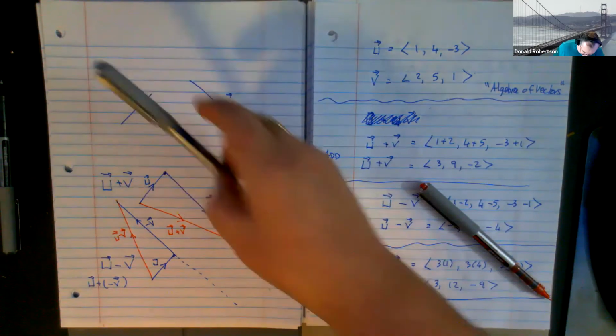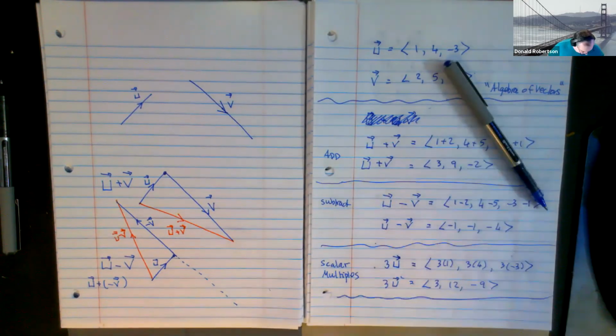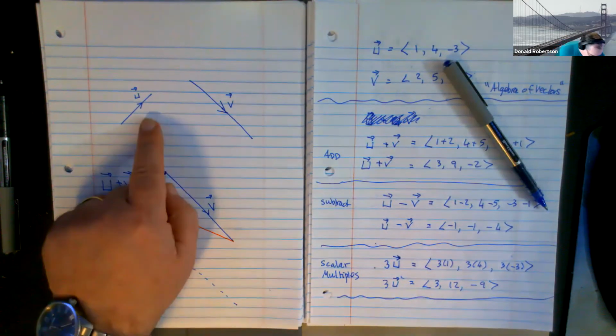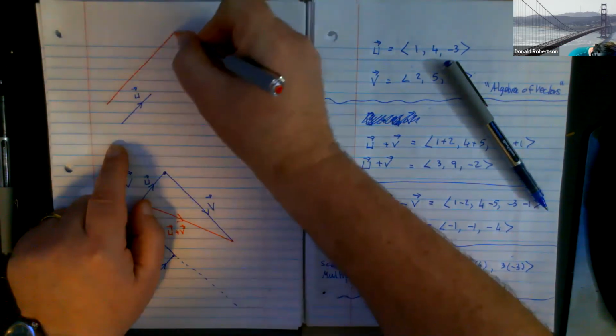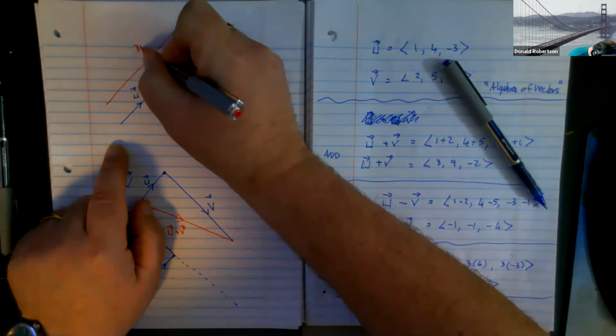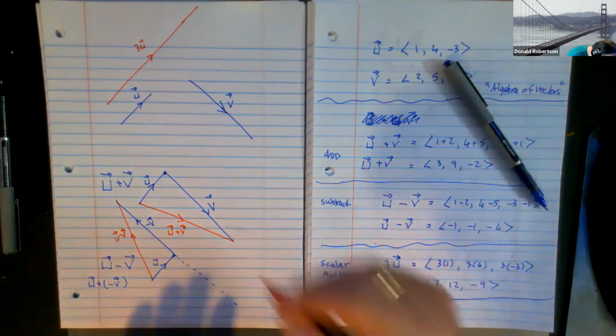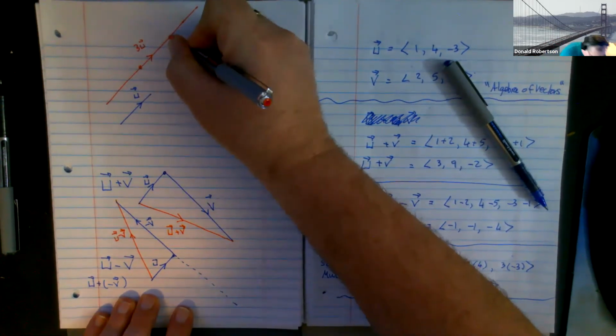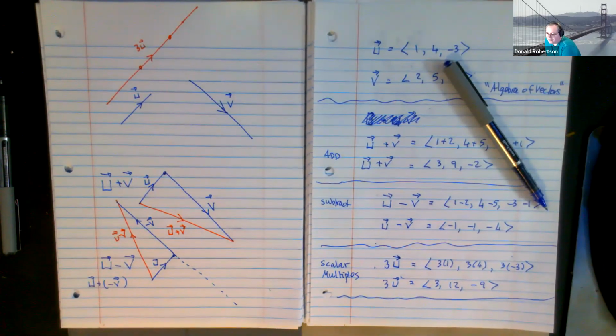Now, the next ones I can do much easier. What does a scalar multiple look like? Well, if that's u, there, that's what 3u looks like. It's like one of them, two of them, three of them, right? It's just a vector 3 times as long, but pointing in the exact same direction, right? They're parallel. So can you visualize what add, subtract, and scalar multiples of vectors now look like?